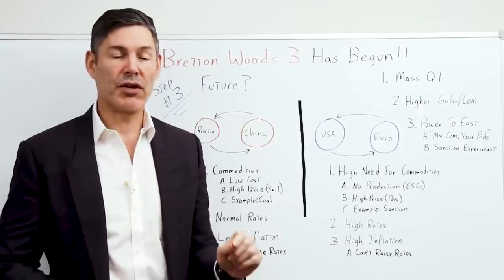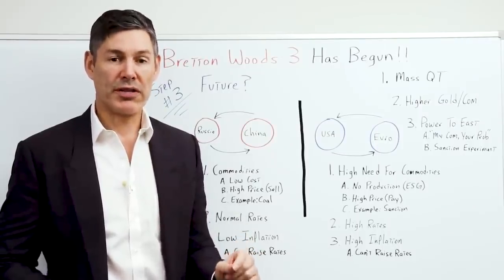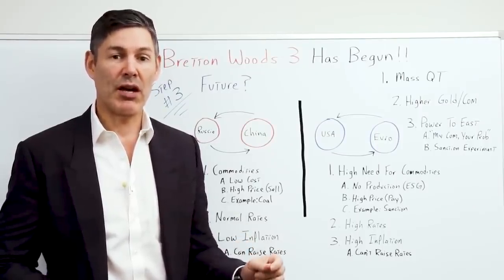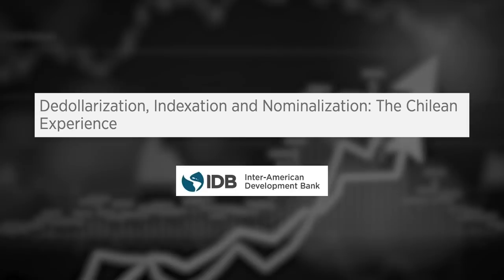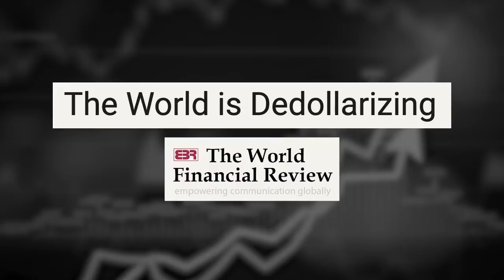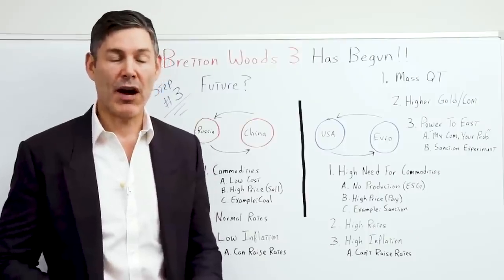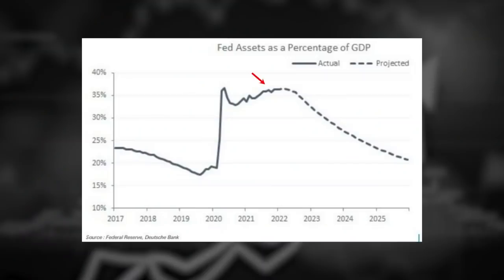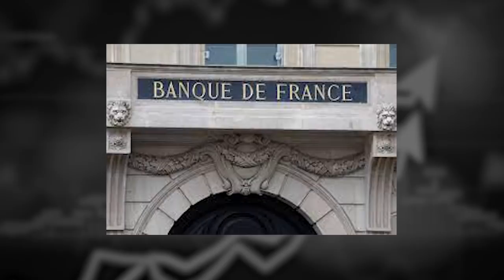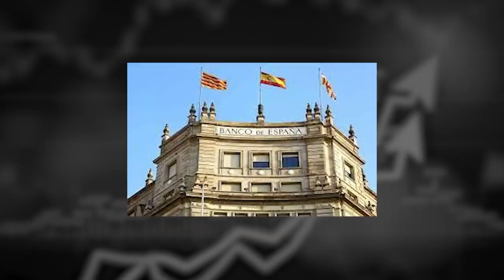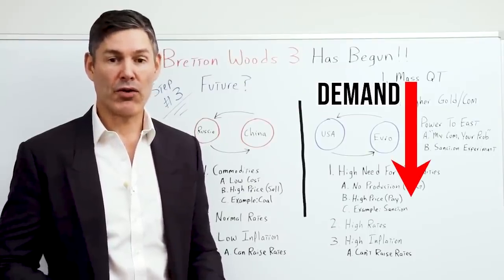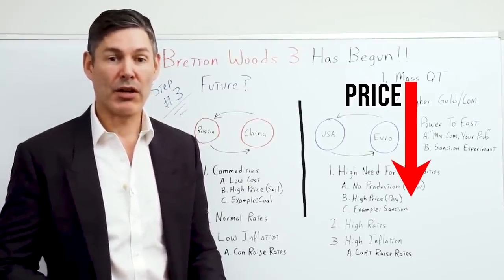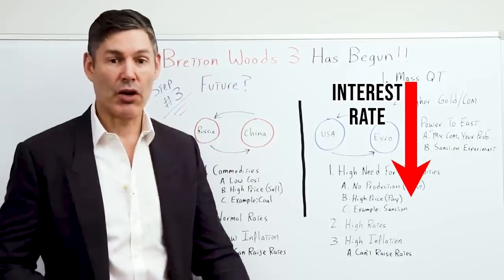But Zoltan believes that the global central banks will do the same thing when they are deciding to de-dollarize and hold fewer dollars, i.e. treasuries, on their balance sheet as reserve assets. So we could go into this environment where the Fed is trying to do quantitative tightening, but basically all the other central banks are doing it at the same time. Well, that means far lower demand for treasuries, which would mean the price goes down, the interest rate goes way